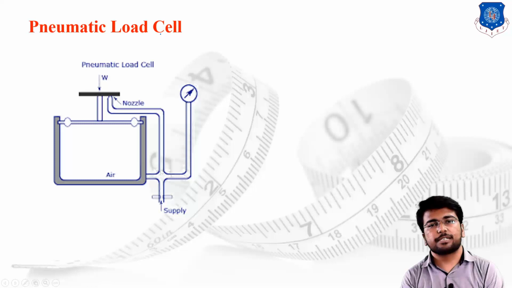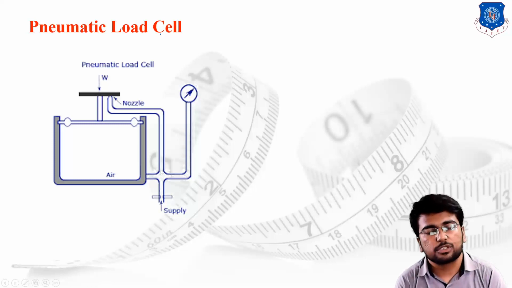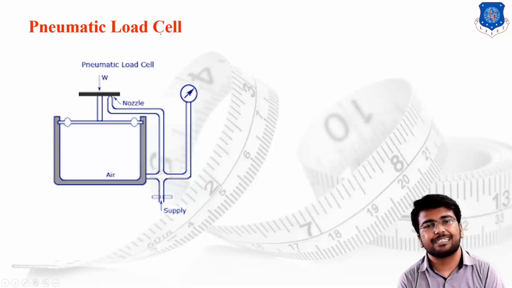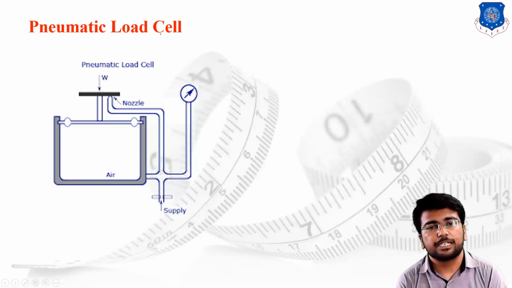In the pneumatic load cell, once we start increasing the pressure, first of all the air will start getting compressed. The density of the air will start increasing. We are not supposed to find the change of pressure at first, we are supposed to find the change of density, the accumulation of the air molecules. Once it achieves its basic compressed size, then the rise of pressure will be generated. So of the work input that has been provided, 30 to 40% will be utilized to compress the air, to increase the density of the air. Then the remaining will be useful for increasing the pressure of the given air.